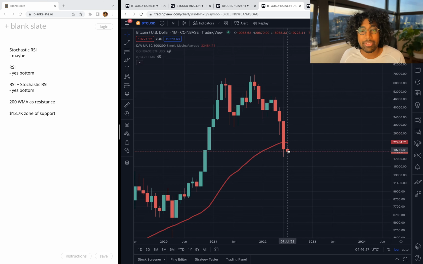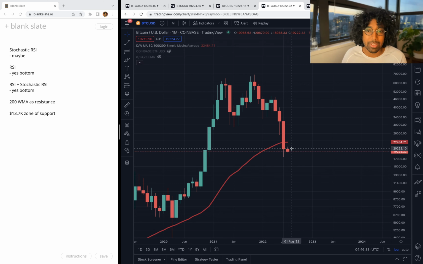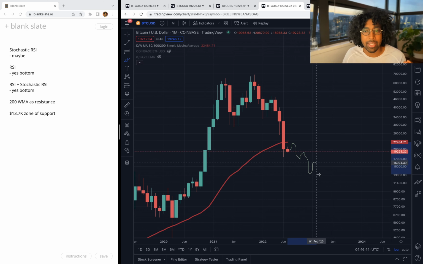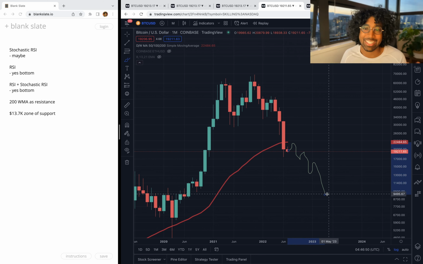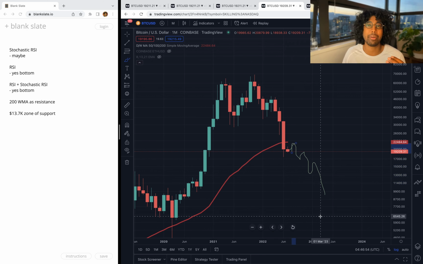And what's crazy about this is these lines act as support when you're above it, but they act as resistance when you're below it. What does that mean? Resistance means you try to break out, right? You're like, I'm going to try to break out, but you get beaten down again. You try to break out and you get beaten down again. This is what can happen. This is dangerous, right? This is how we get real depth. Like you want to go down to 9K. We try to make it up, we get rejected and we get shot back down.